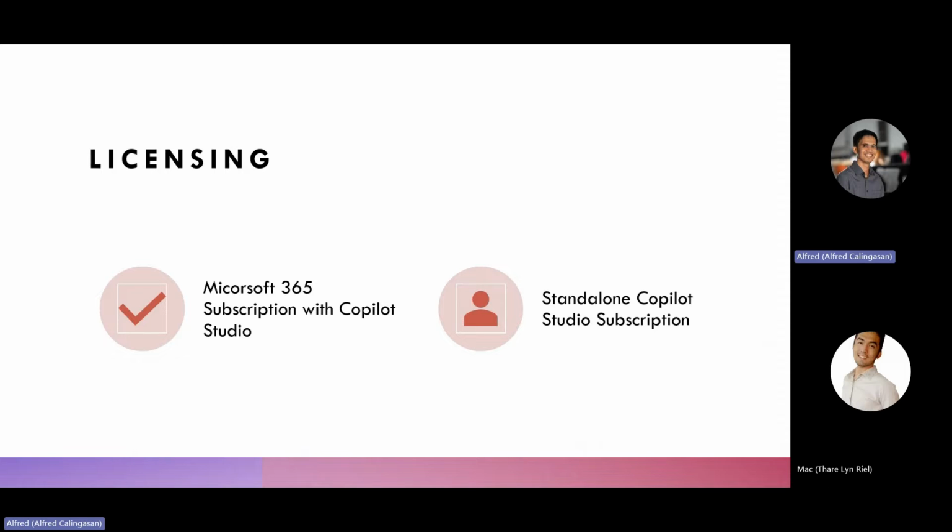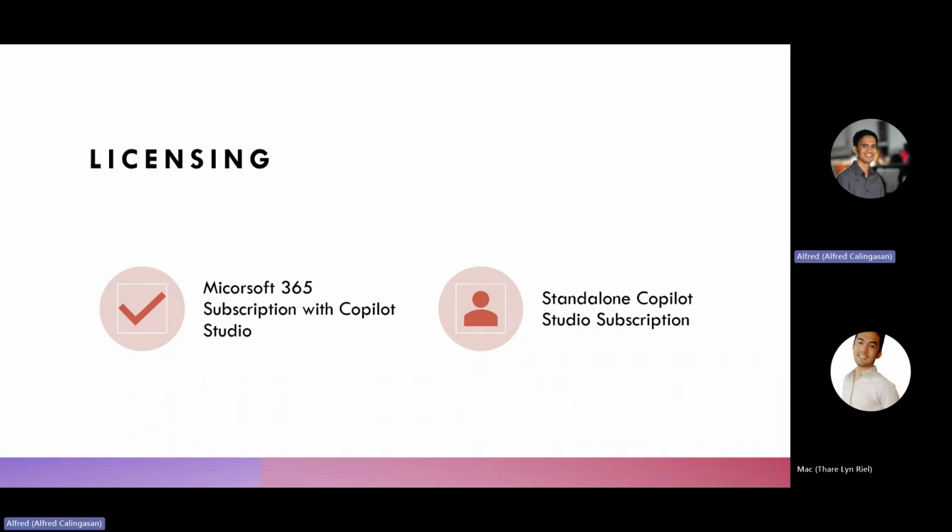And also, your tenant can have a standalone Copilot Studio subscription. If your Microsoft 365 plan doesn't include Copilot Studio, you can purchase a standalone subscription specifically for Copilot Studio. This offers greater flexibility but comes with an additional cost.